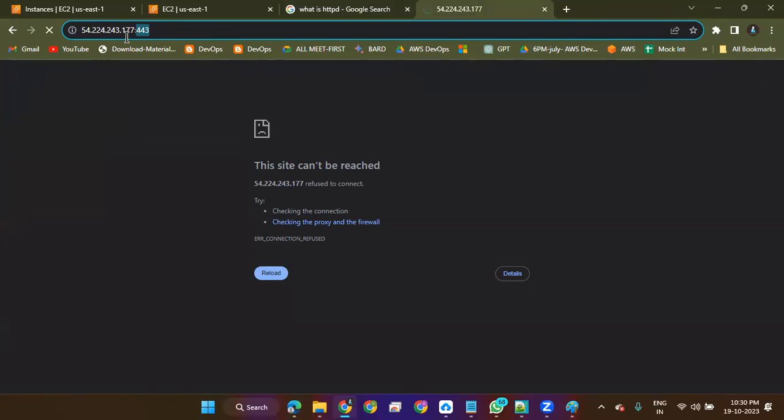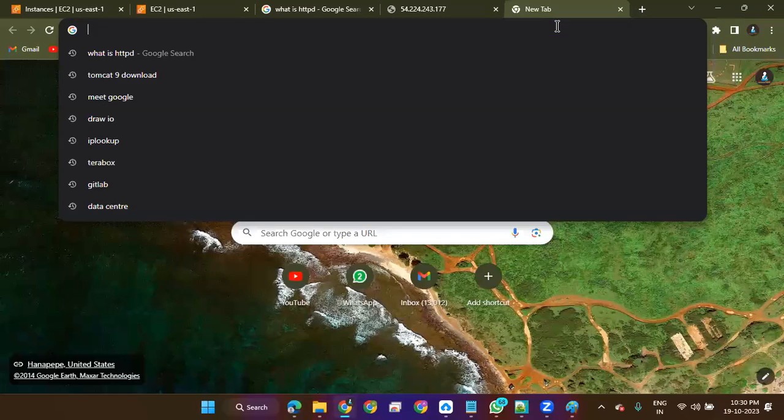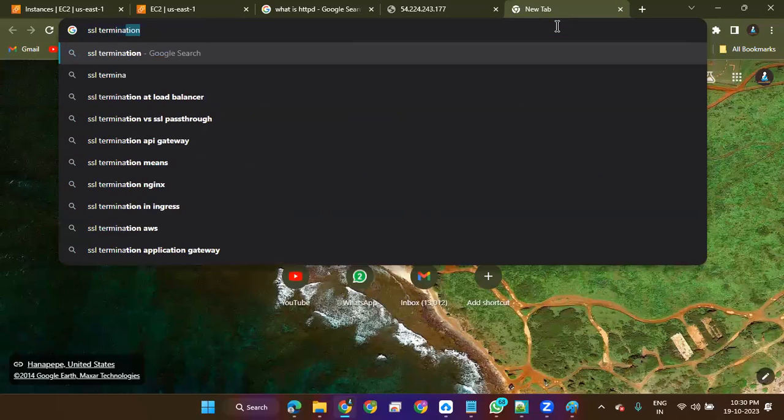If you do not provide a port, an IP address plainly takes 80, the default protocol in the internet world. Add the port number or not, it will take 80. When you add 443, it acts with HTTPS, which is SSL termination.